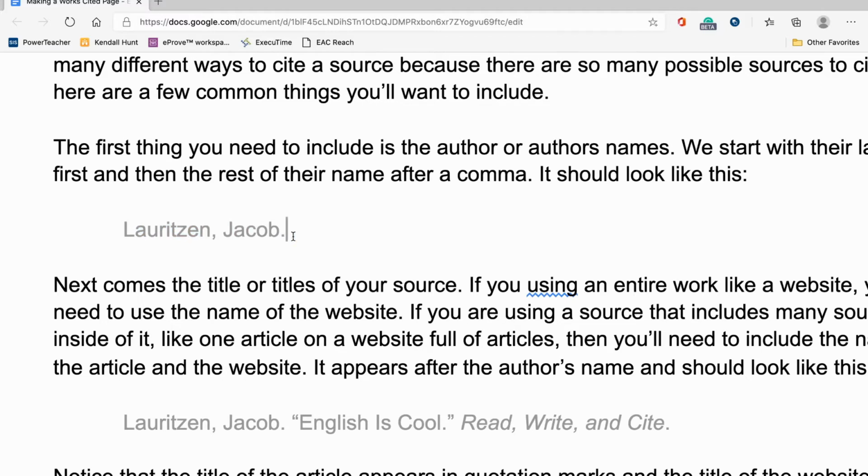Question is, what if you have more than one author's name? Well, then you'd have a comma, and then you'd type the rest of the names like that. Or you put "and", something like that. Anyway,